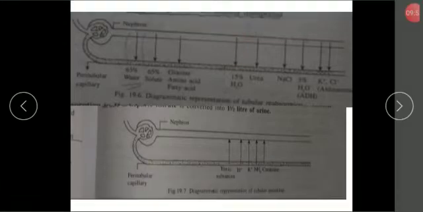Now the reabsorption in Henle's loop. Let us think this is Henle's loop. Roughly we can say the parts are PCT, Henle's loop, DCT as well as CT. This is the part of the nephron, connected with the second set of blood capillaries called peritubular capillaries. Hence the nephric filtrate passes from the nephron to the peritubular capillary. So let us see how reabsorption is carried out in Henle's loop.